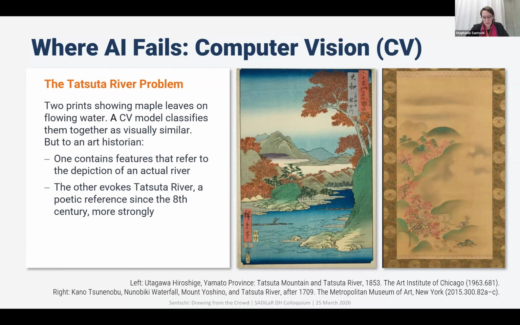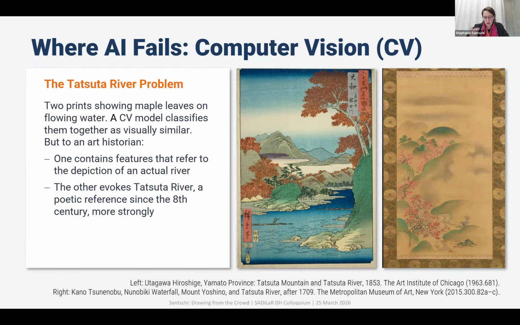On the right, you see something that looks superficially similar. You can also see maple leaves, water, and flowing movement. It's a hanging scroll. But this image is a symbolic invocation. Now, imagine you're an educated viewer in Edo-period Japan. You see these specific maple leaves on flowing water, and what you would immediately think is, of course, that's Tatsuta River. Not because you've been there, but because for you, having a classical education, the image activates a chain of literary associations